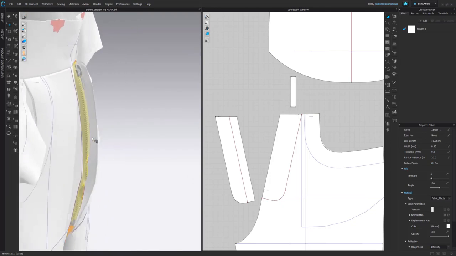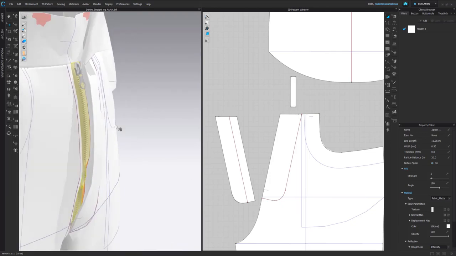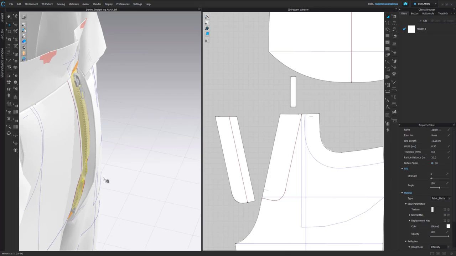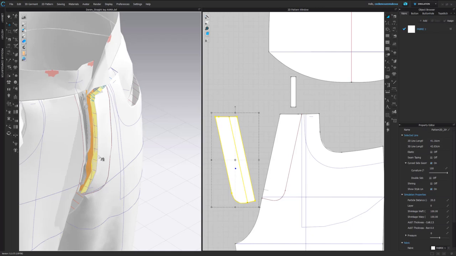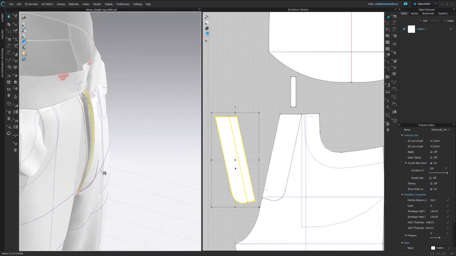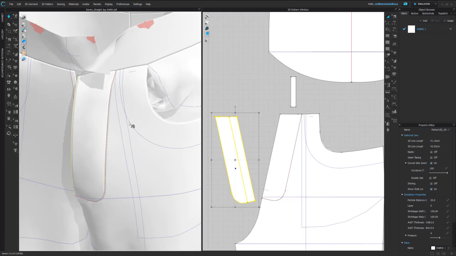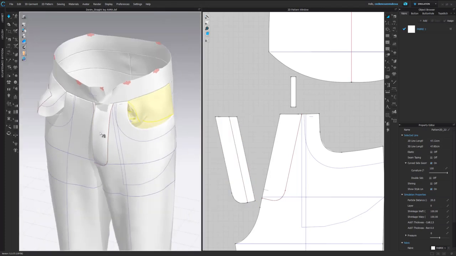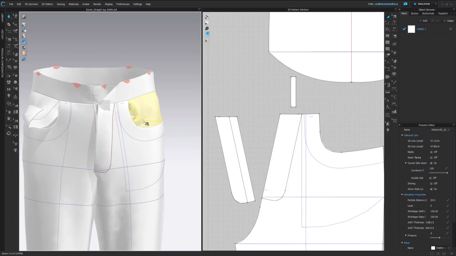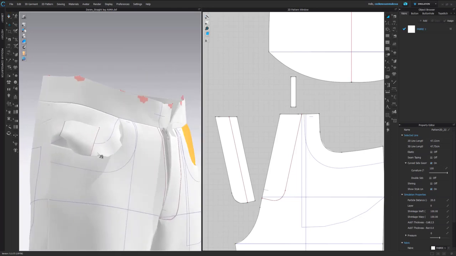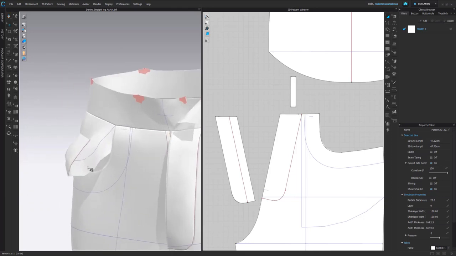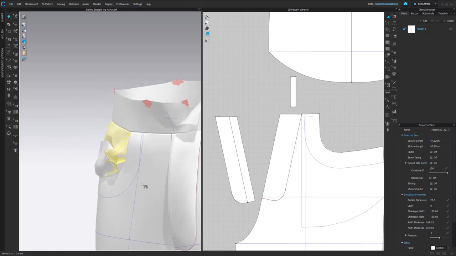So let's see. Also, it can happen that the size is a little bit too small, so I might need to change the size of my zipper. So here, let me see if I can replace it a little bit. Yes, seems better. And here I see that my pocket bags are a little bit out in both cases, which can sometimes be problematic, but sometimes you can use strengthen, it will work on its own. But in our case here, if this is really out, then let's see if we can try to place it back in slowly